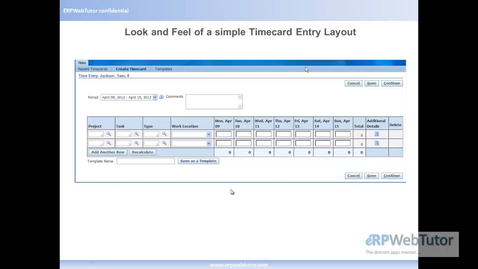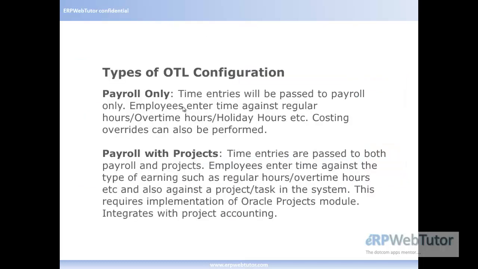You can also see the bottom part, it's called the template. What that does is, if you are using the same project and task for every week, instead of selecting the project and task every time you're making an entry, you can just save this as a template, and when you enter the time, you can just select the template, select the period and apply the template, and then it automatically pulls in the project and task that you have saved in the template. So let's move on, and before we end this tutorial, let's see the different types